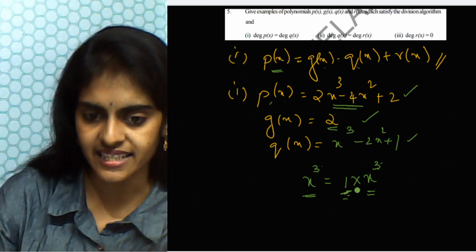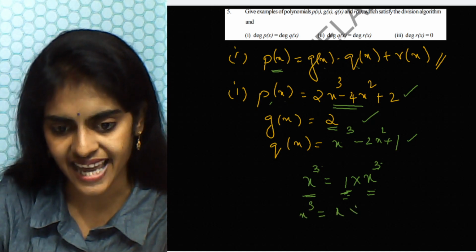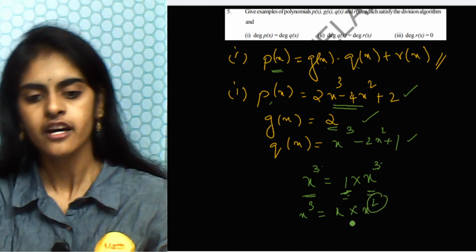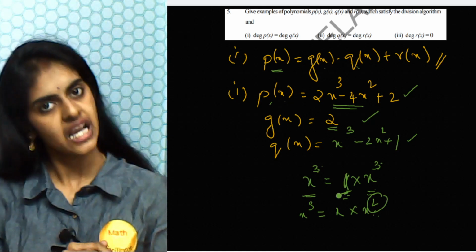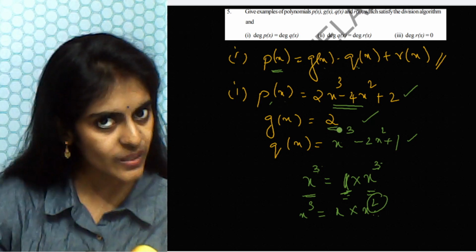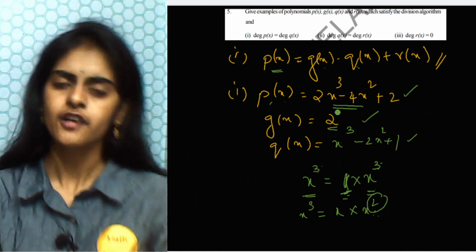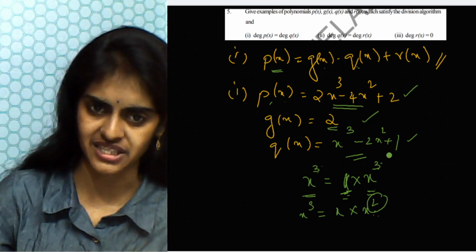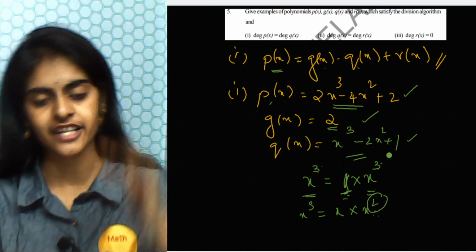If I take anything else, suppose I take x here, so see here, x cube equal to x multiplied by, then this should be x square. Isn't it? This will reduce. So I want the same values here, which means I should take a constant here. That is the reason g of x you will take a constant. In the exam you will just simply divide these two, you will get q of x and r of x. You don't have to learn by heart, that is my point. That is the reason I'm explaining this much.